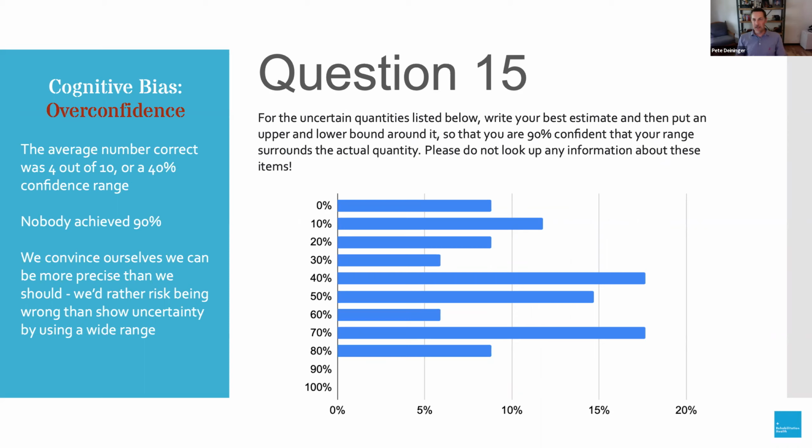Nobody actually got 90% confidence interval. In general, what we saw was that you got 4 out of 10. There were a number who got 0 or 1, a few who were closer, who were giving much broader ranges. But still, even though we've been instructed and are in a safe environment to provide those ranges, our tendency is to try to be as narrow as we can, even on things that people have acknowledged they have absolutely no idea what a starting point is for those ranges.